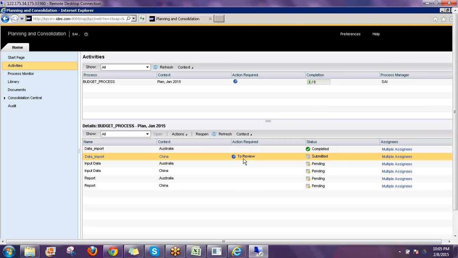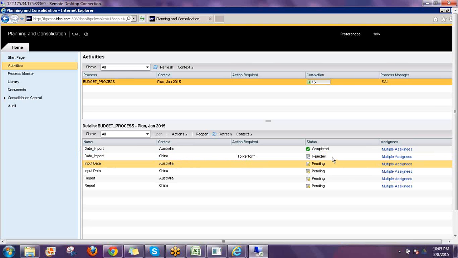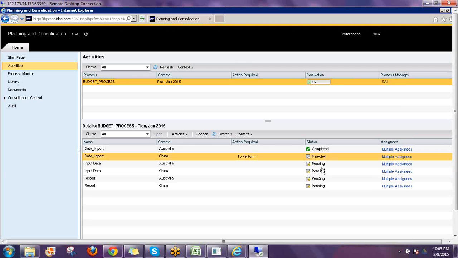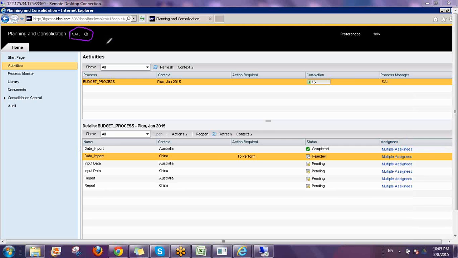Now in the review screen, for the second sub-step, I am rejecting it. I can do it from the open also, I can do it from here also. I'm just rejecting this. Now the status will show as a rejected status, and the next step will not open because it is not completed one sub-step. Now as I said, the manager, when he logs in, the process monitor owner, which I selected